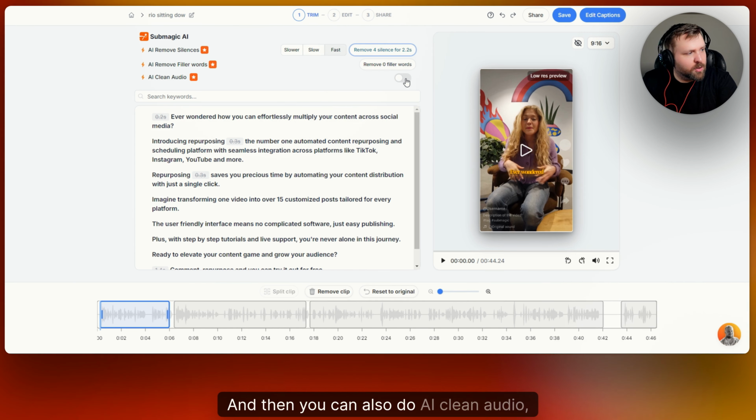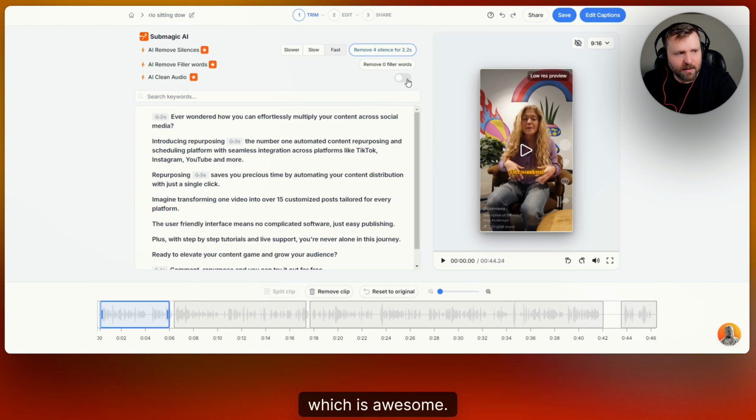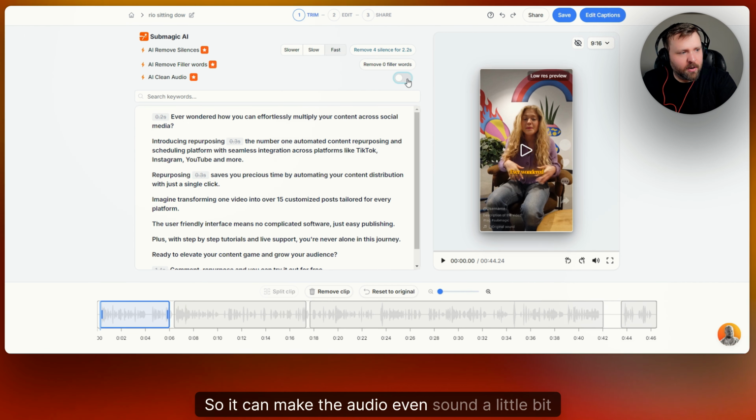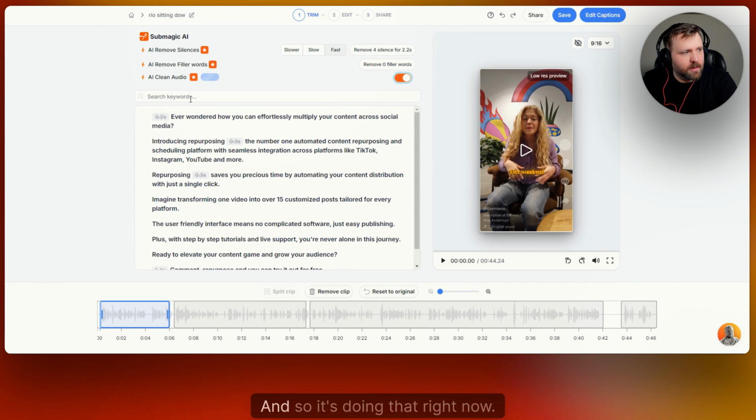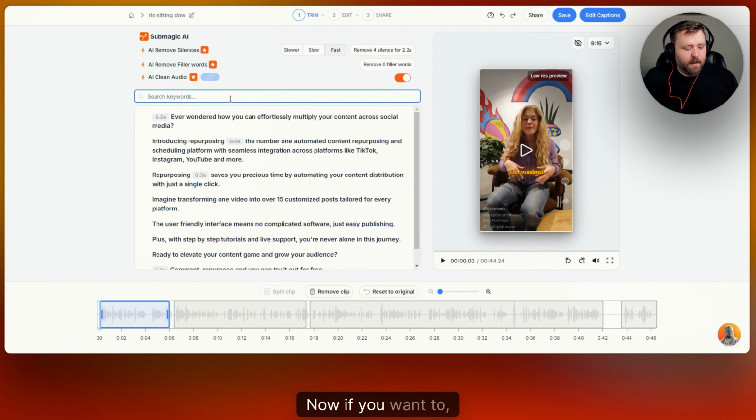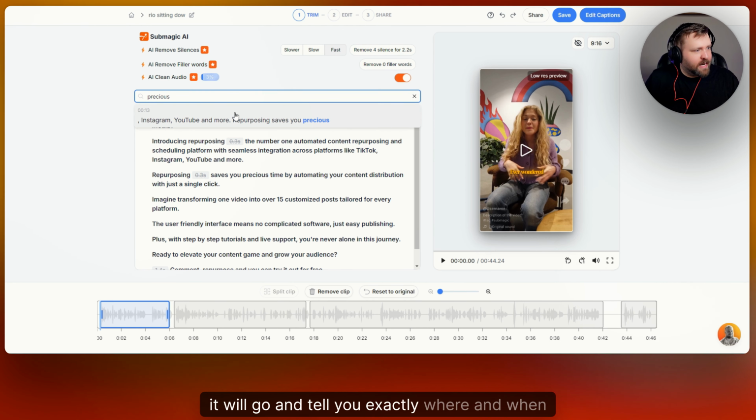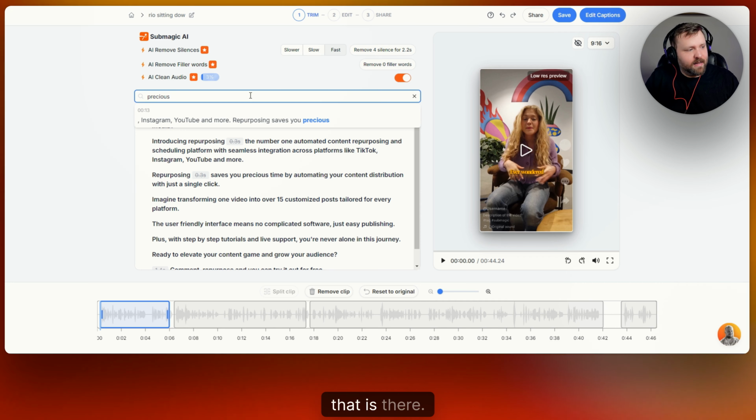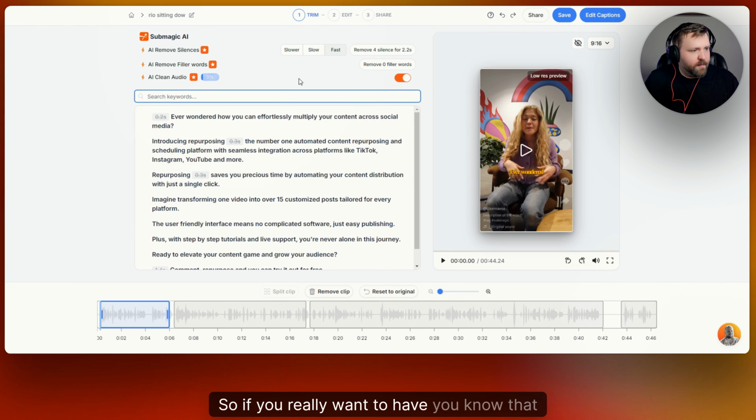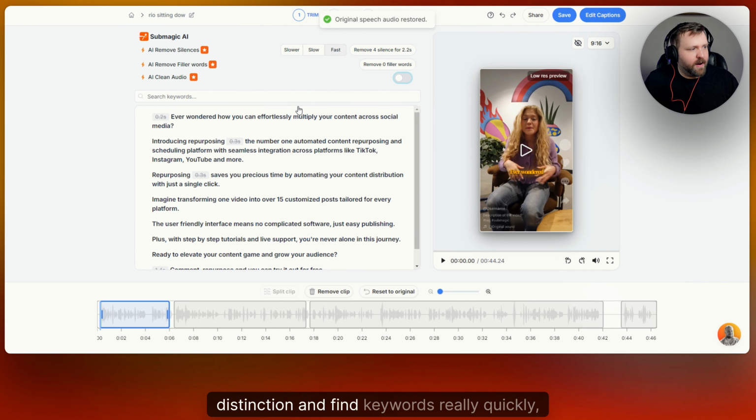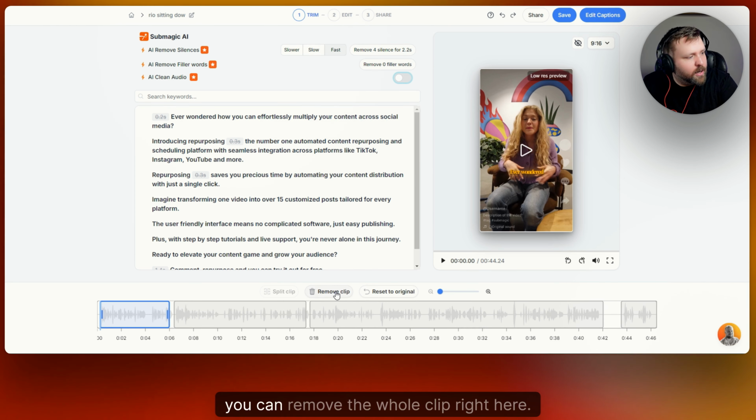And then you can also do AI clean audio, which is awesome. So it can make the audio even sound a little bit better if you want to. And so it's doing that right now. Now, if you want to, you can use the keyword search right here. So if you wanted to do "precious," it will tell you exactly where and when that is there. So if you really want to have that distinction and find keywords really quickly,